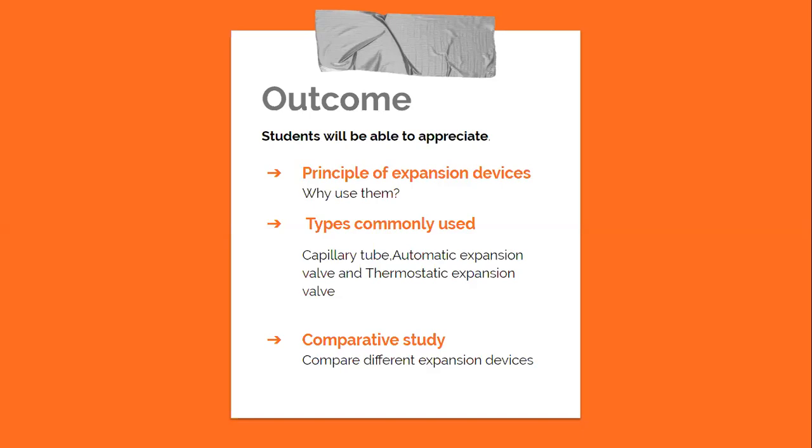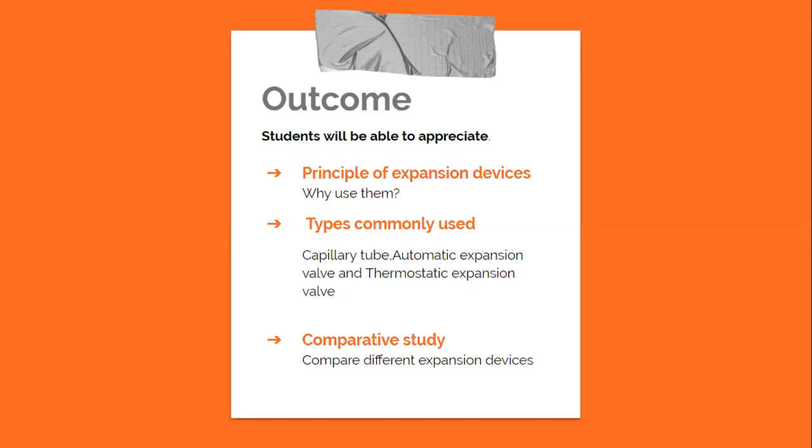So ideally, we expect that the mass flow rate at the entry to the evaporator, at the exit of the evaporator, at the entry to the compressor, at the exit of the compressor, at the exit of the condenser, and at the exit of the expansion device, all this mass flow rate is the same. When the mass flow rates happen to be the same, then it is called a steady flow system.